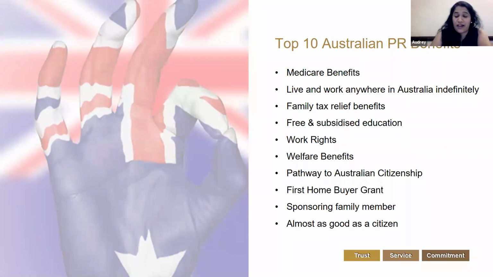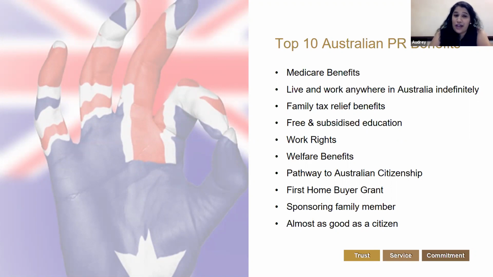Under tax relief benefit A, there's tax relief benefit B, where you can get almost 100 per fortnight for each child under one category. This really helps with your expenses. And education, primary and secondary school, is free. Most of my clients who go to Australia don't even bother sending the children to a private school, which of course you need to pay for. They just send them to a public school because the quality is already very good.